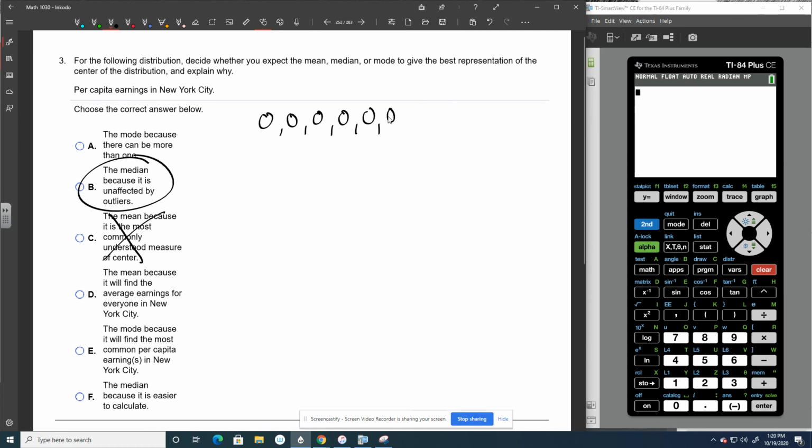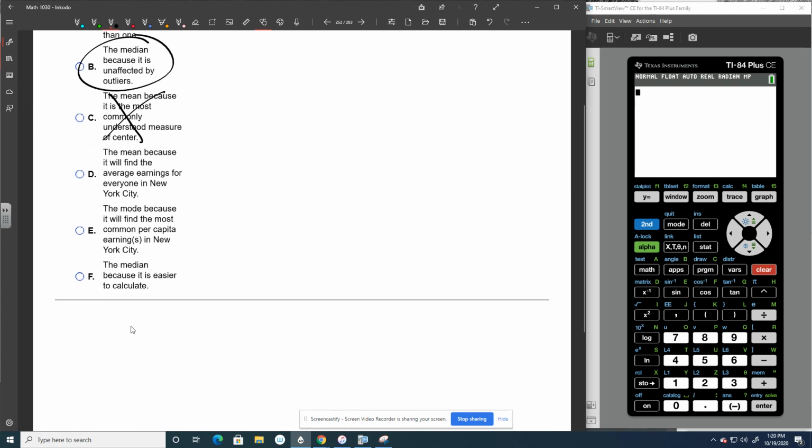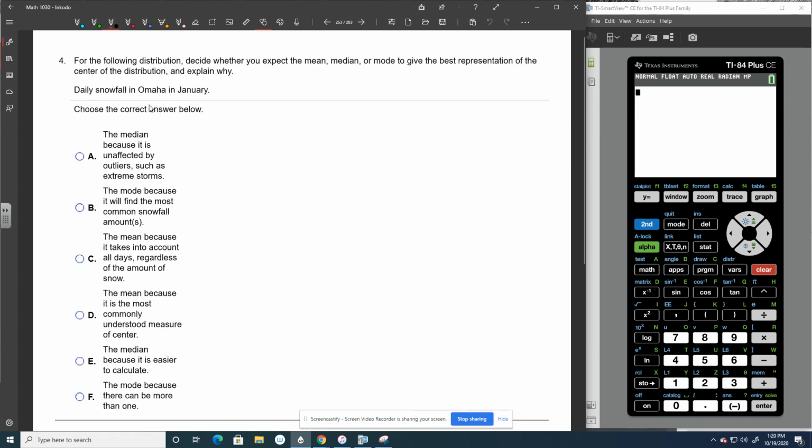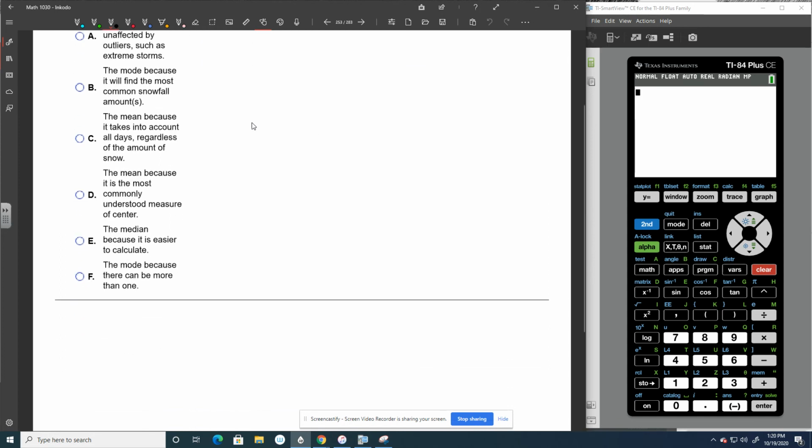That's going to give us a better example of what's in the middle, okay? The center of the distribution. So I would choose the median, not because it's easier to calculate, but because it's not affected by those extreme outliers, okay? Number 4, if we're doing the same thing, but we're looking at the snowfall in Omaha, then